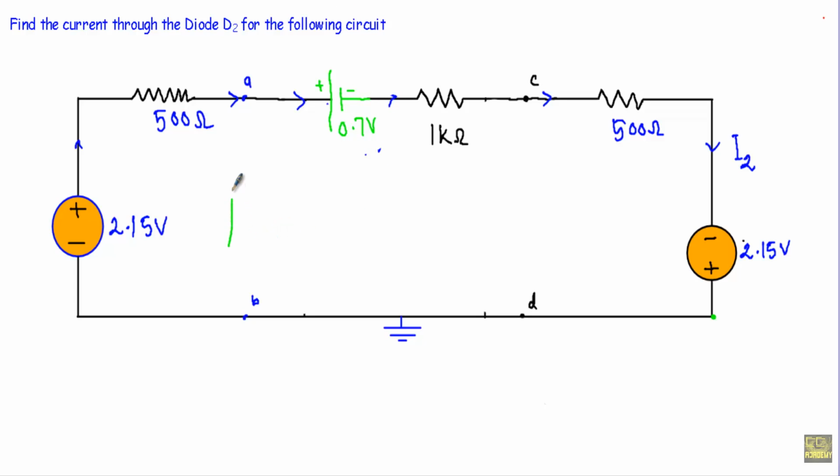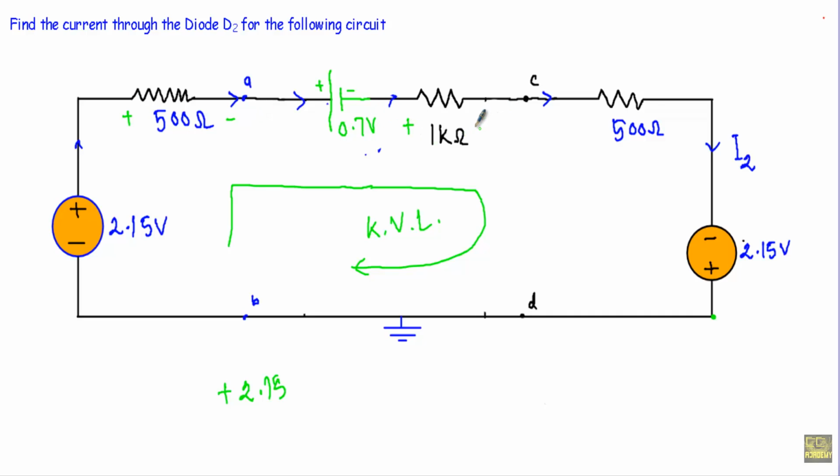Now to calculate the current through the diode D2, I will apply KVL in this closed loop. So I will get plus 2.15 volt. See, current will be entering from this direction, so this terminal will be positive and this terminal will be negative.